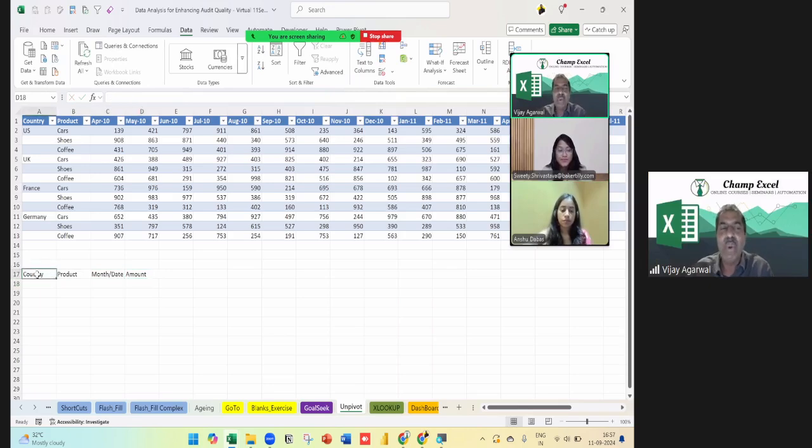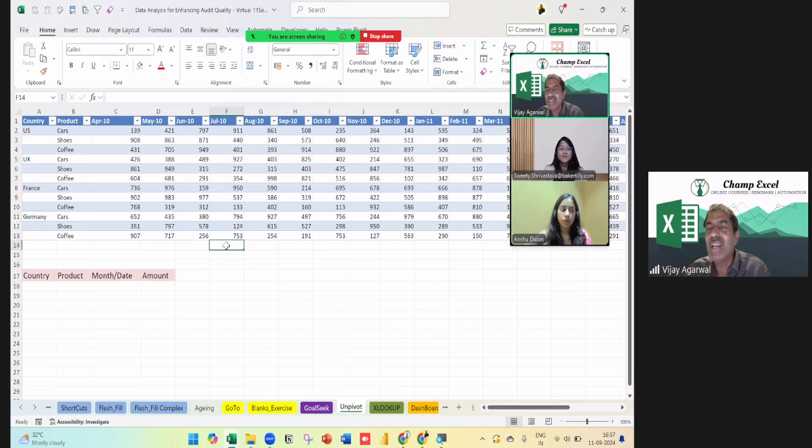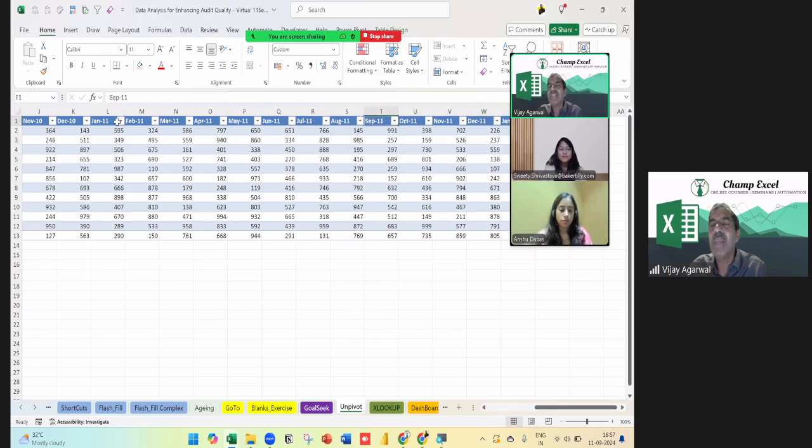So if I have my data in only 4 columns, not in multiple columns, then I can do any type of analysis. I can do year-wise data comparison, anything. But here, if you see, I'm having multiple columns. Sometimes there may be hundreds of columns.